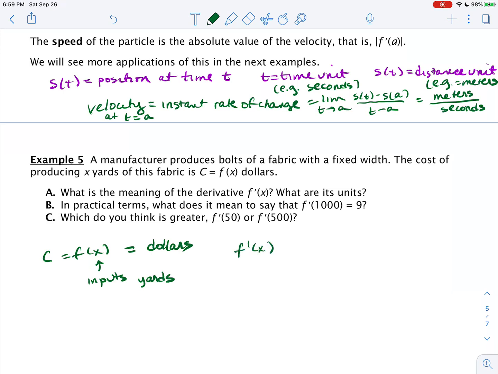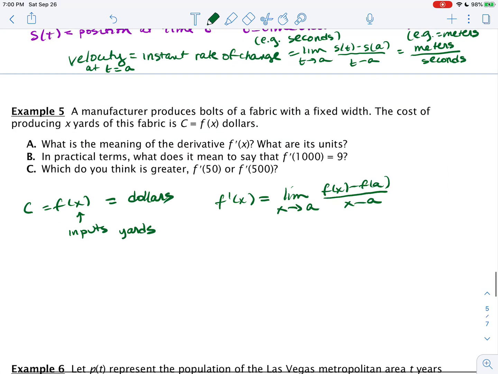So our f prime of x equal to the limit as x approaches a of f of x minus f of a over x minus a, we're going to have dollars, right, in the numerator and yards in the denominator, right? So what is the meaning of the derivative f prime of x? What are its units? It's going to give us the instant rate of change